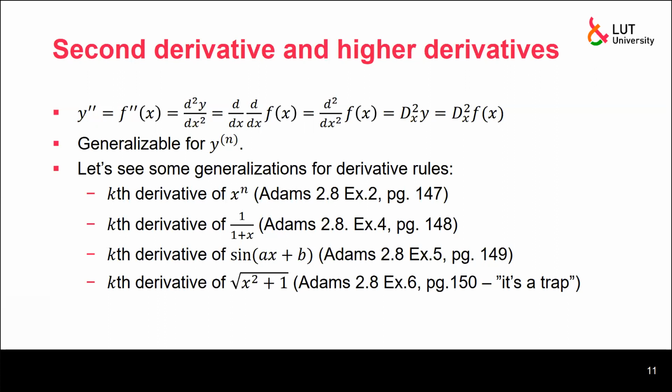So k is 0, 1, 2, 3, and so on. Well, okay, not in this case, not 0. Wait, I got it wrong. It's in Z plus. So 1, 2, 3, 4: first, second, third, and so on derivative. So any arbitrary